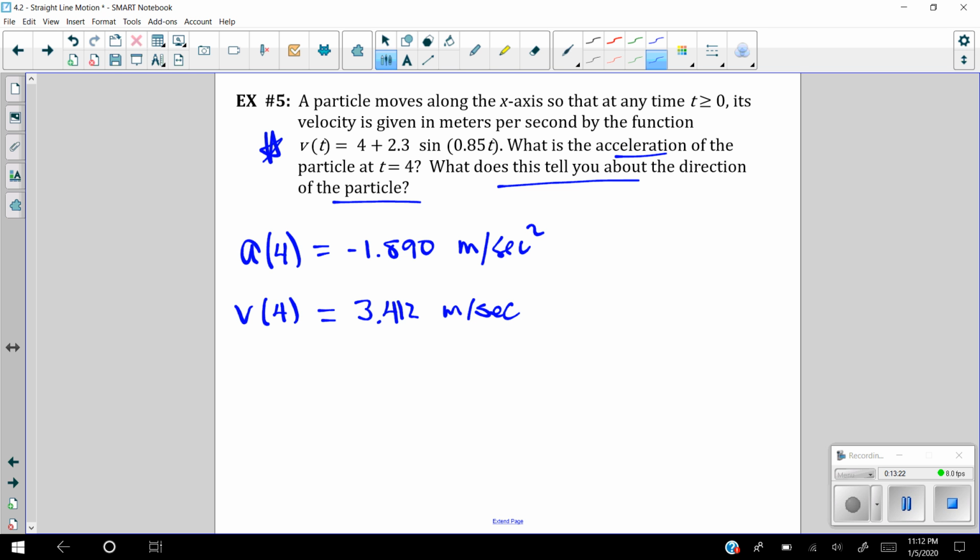So since velocity at 4 is positive, the particle is moving